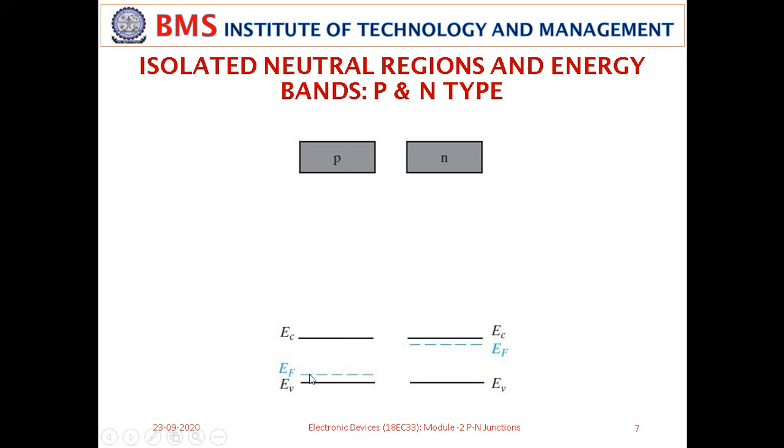You need to understand these Fermi levels for both p and n separately, because they will help us in understanding the p-n junction. Here you are seeing p and n type material distinctly. When we club them together, what is going to happen? Anybody can guess? What will happen to the energy band diagram when we join these p and n type semiconductor materials? What will happen to the energy levels EF, EC, and EV for the n type and for the p type?